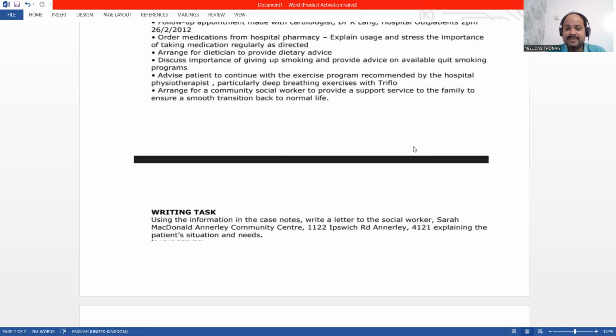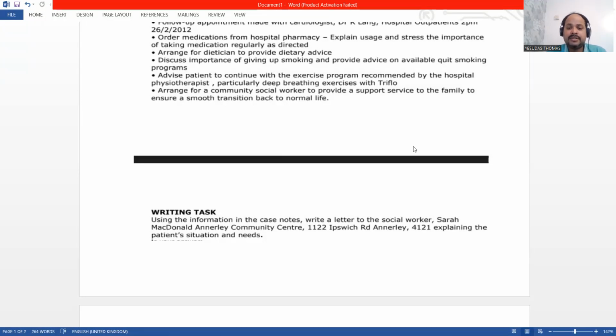Today we are going to discuss the case of Mr. Nasser Ali, who has recently undergone a coronary artery bypass graft following myocardial infarction. So this is his condition, and he is getting ready to discharge